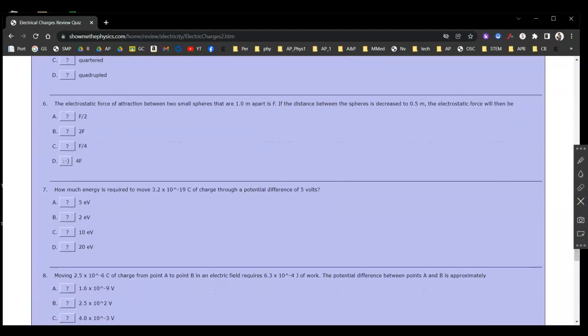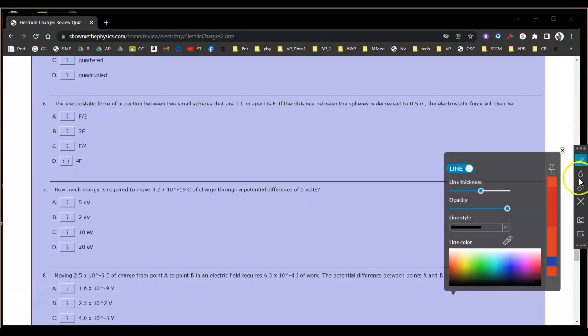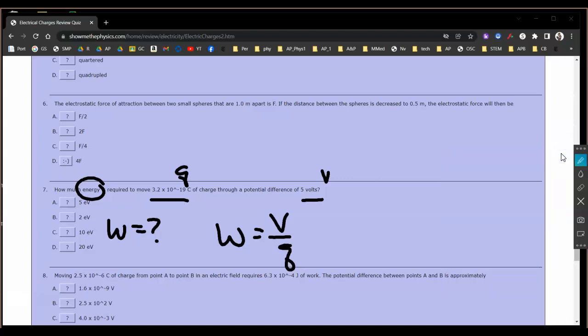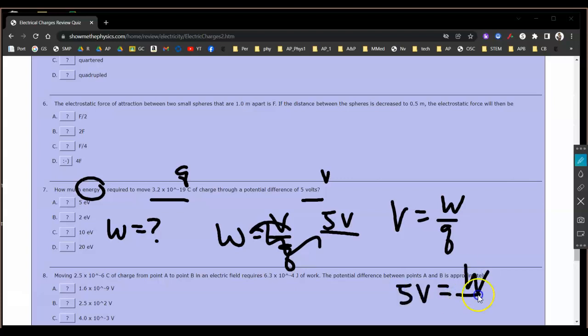How much energy? Okay, this is V. V for volt, V and Q and energy, but actually energy is W. Now this is a hard problem because we have a V and a Q. 5 volts and... I wrote this wrong. My bad. V equals W over Q. And so we have 5 volts equals W over